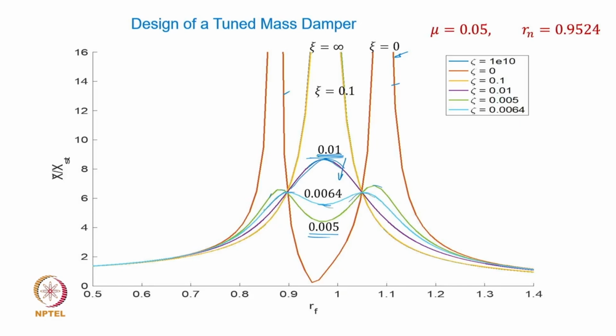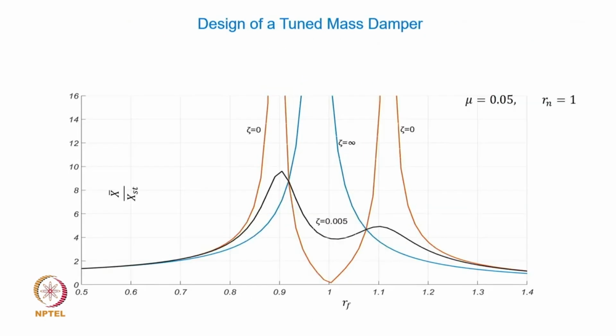Now if I go back to this previous case, what is interesting to note here is that if I try to reduce this, the amplitude goes up. So you cannot have an optimized solution here. So the basic philosophy of the design of this tuned mass damper is twofold. There are two steps here. Suppose I call this point as point number P and this point as point number Q. The first objective will be